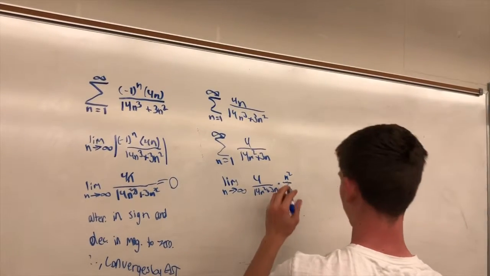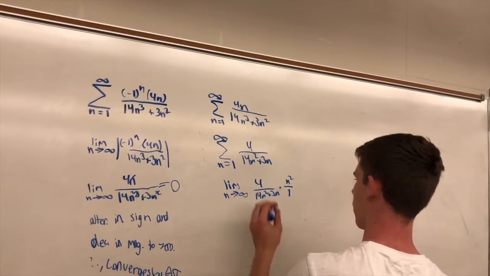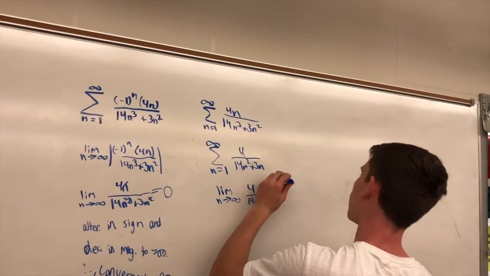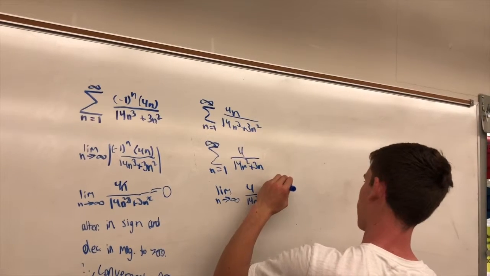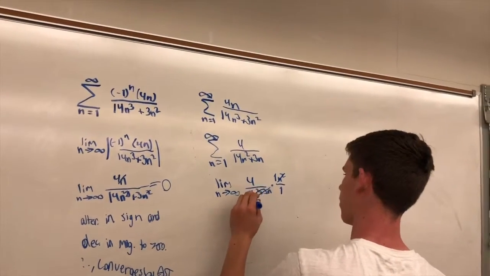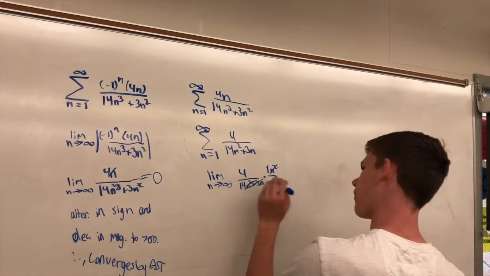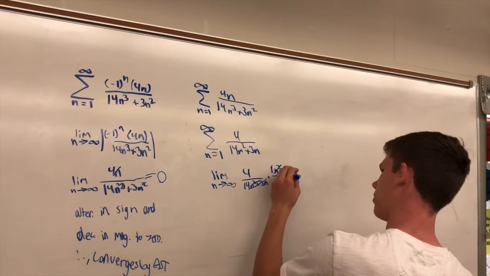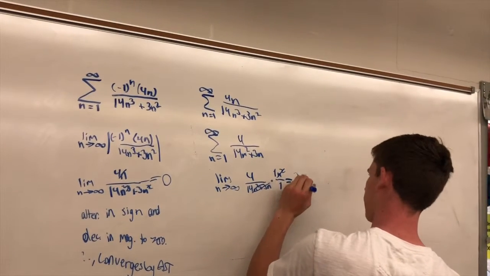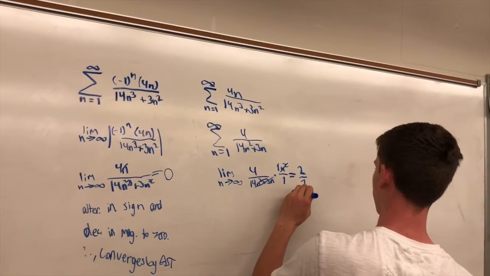Since the first terms in both of these are n squared, these cancel each other out, and this becomes 1 and this becomes 14, because the 14 is what n is multiplied by. So then we get 4 over 14, which is 2/7. That's finite and positive,